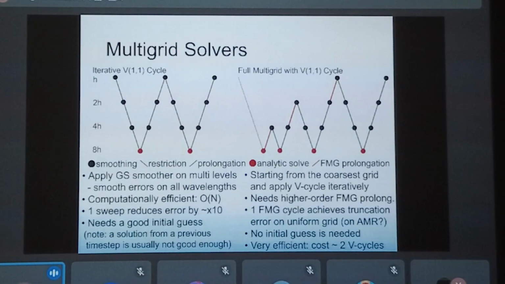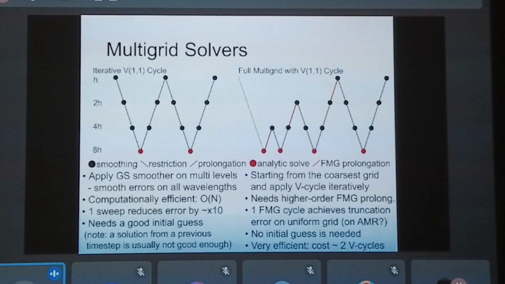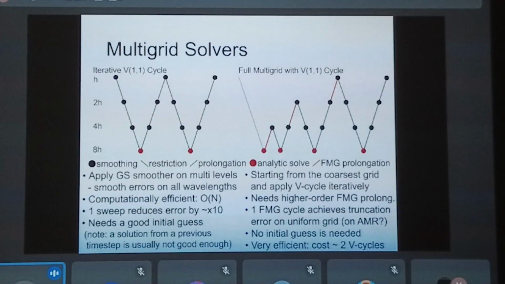Traditionally, we used a fast Fourier transform to solve the self-gravity Poisson equation, but the FFT is not compatible with adaptive mesh refinement.